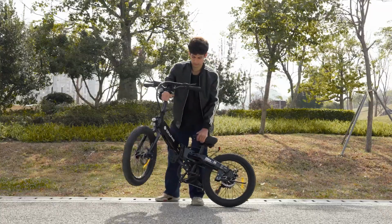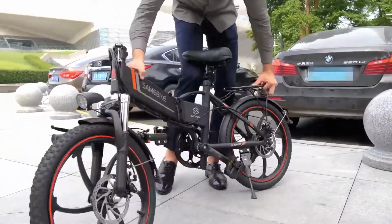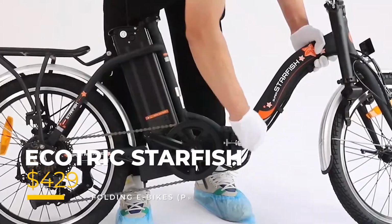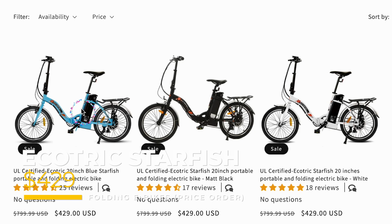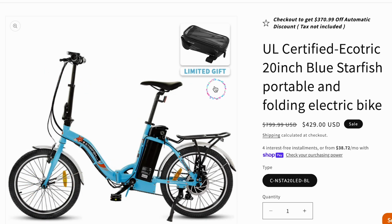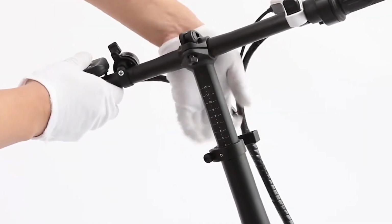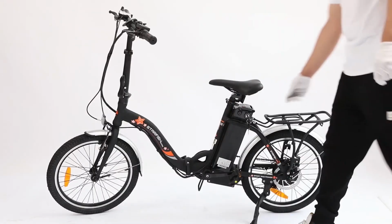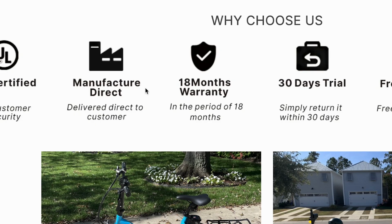Kicking off our pricing journey into the world of folding e-bikes is the most affordable non-micro folding e-bike on the market, the Ecotric Starfish. This baby is only $429 and available in black, white, and a cornflower blue that I'm personally kind of partial to. It's got 20 by 1.75-inch tires, a 20-mile-per-hour top speed, and a range of between 20 and 35 miles. And if you order from them, this is, of course, delivered direct from the manufacturer to the customer with an